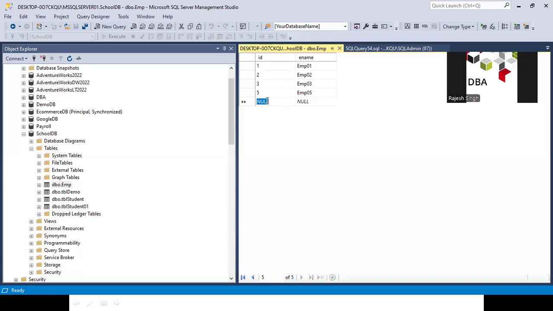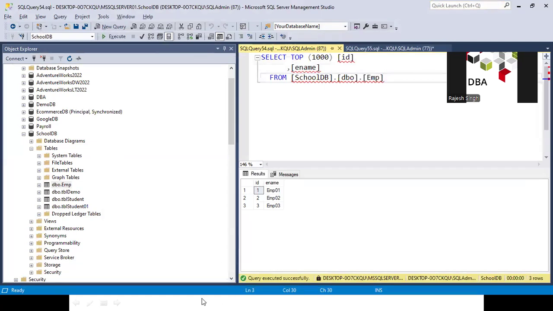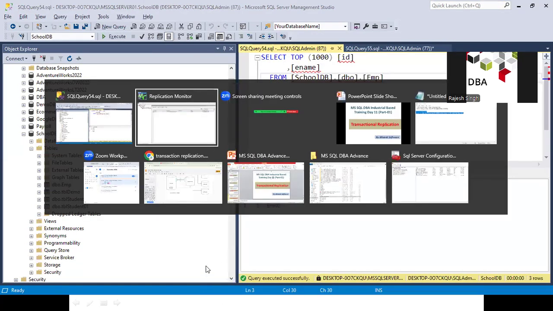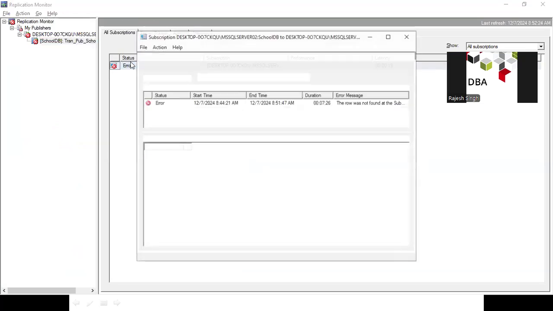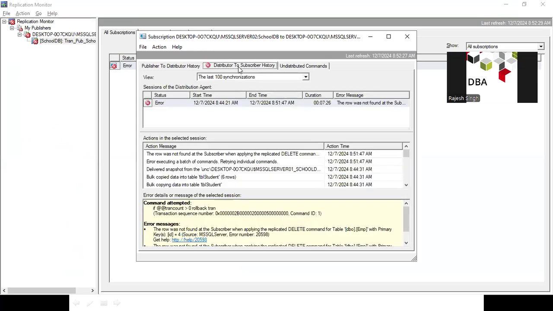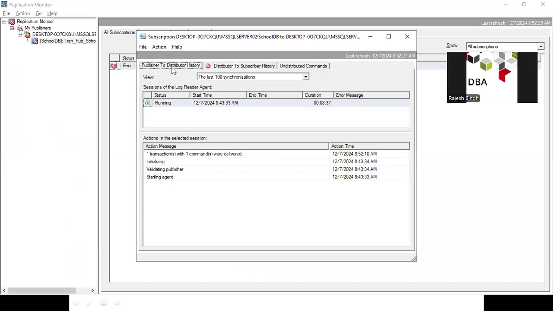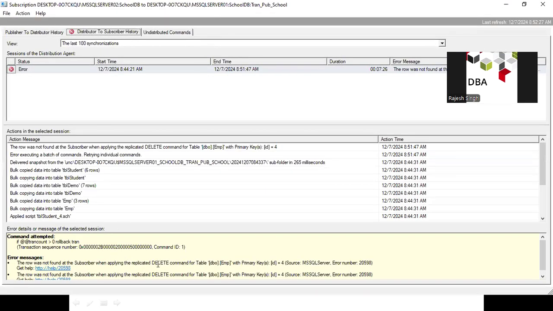If you check the fifth, and now if you check your agent status, you can see an error is generated just now. Let me click once again. Okay. And if you see here, the uncommitted transaction is 3. Now you get to know what the issue is. So let me maximize and you can start to find it.